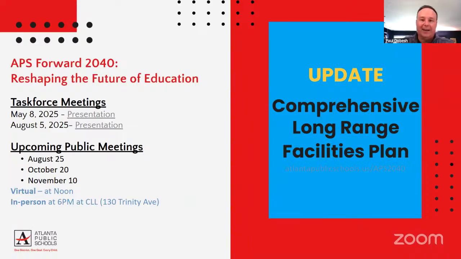Let me know if you have trouble finding anything or if you need any other information. But it's interesting. You'll see in one of the decks, the red and black one called Comprehensive Long Range Facilities Plan, on the last page, under the options framework, it says unify dual campus schools. So that's probably the biggest impact on us, is where the conversations are going. If you're wondering